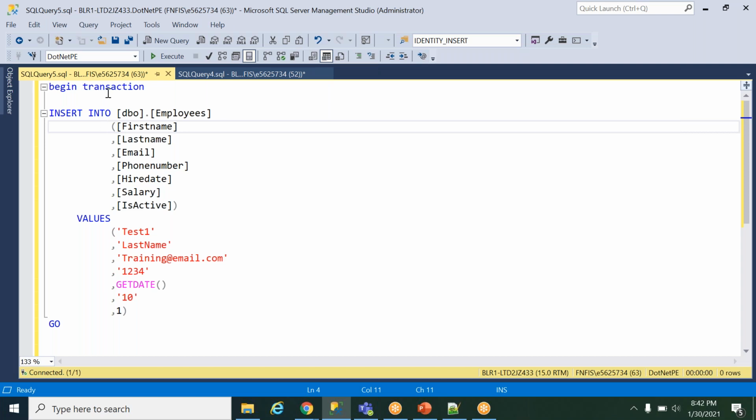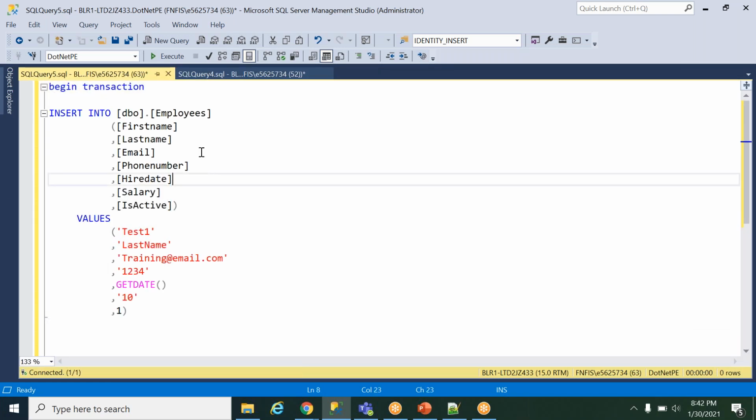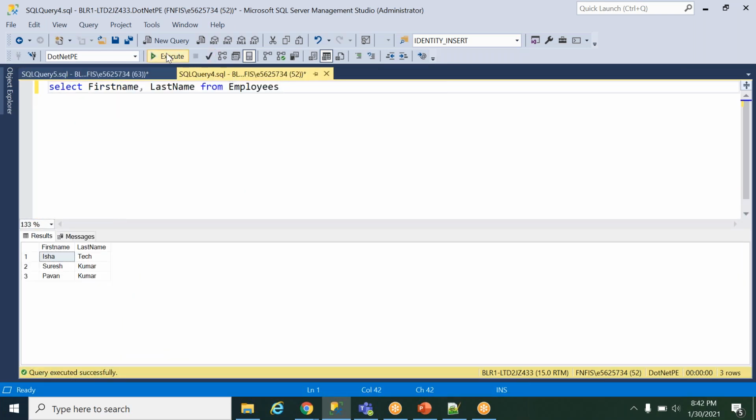Okay. Now I have started the transaction here. Because I will insert only 1 or 2 records, to show it to you in the live example only, I'm just beginning the transaction here. Now I'm just taking select star from employees. Okay. Now execute this. 1 row affected here. Execute this. See here, still executing query. That's it you are getting.